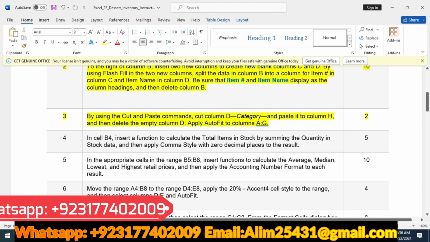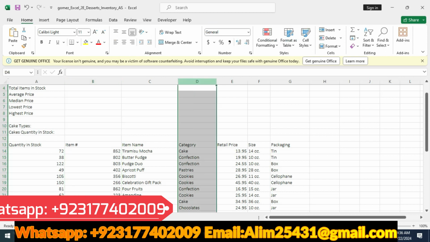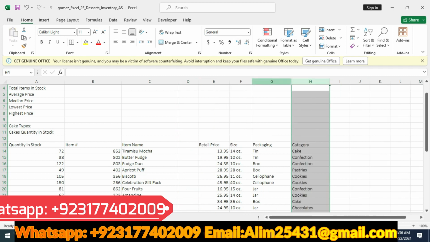We will move to our third step. By using the cut and paste command, cut column D category and paste it into column H. So we will cut column D, we will press Ctrl X, and paste it in column H. We will press Ctrl V. We have cut and pasted our material,